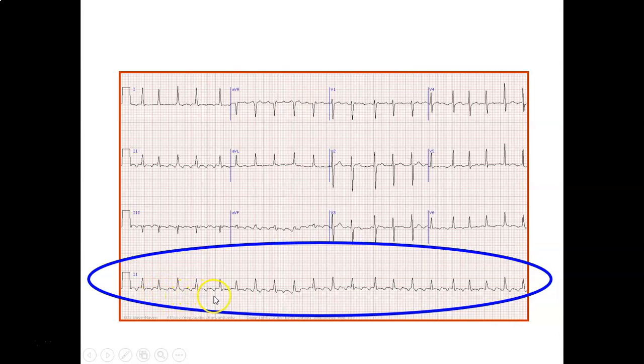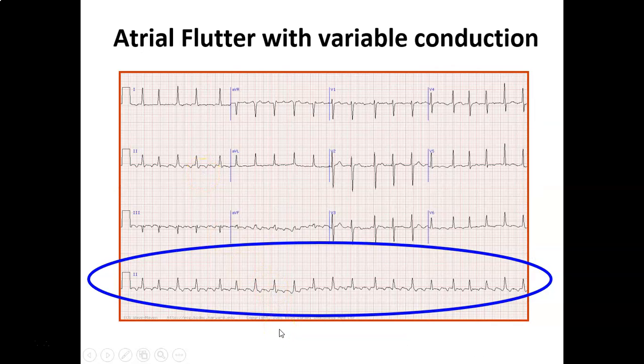P waves are difficult to find, but some notches are there, which confuses us whether this is something from the atrial waves, and sometimes we are confused whether no P waves are seen, and it's a narrow complex. So again, these notches are more in favor of atrial flutter, but here with variable conduction. When the conduction becomes variable, this is called atrial flutter with variable conduction, and when it becomes variable,